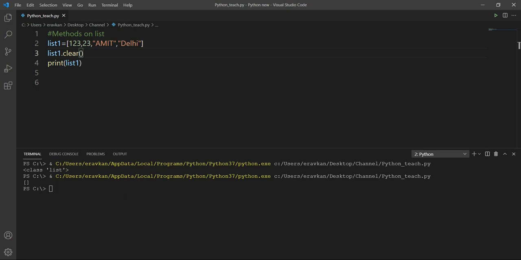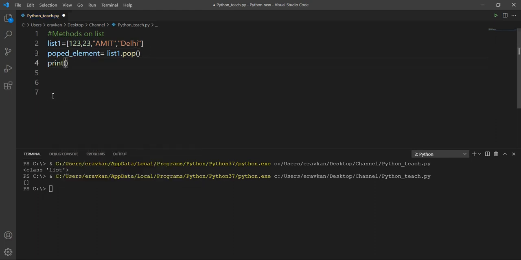Delete method we have seen. Then we have the pop method. What is the pop method? By using the pop method, you can get the last element. By default, pop will get the last element out of the list. Suppose I want to store this element: popped element equal to list one dot pop.